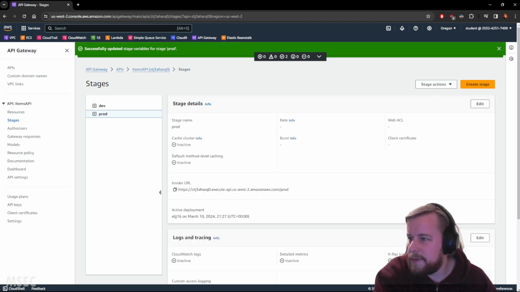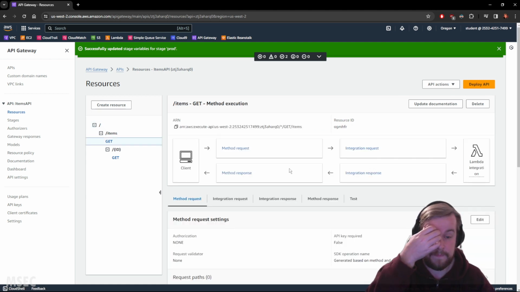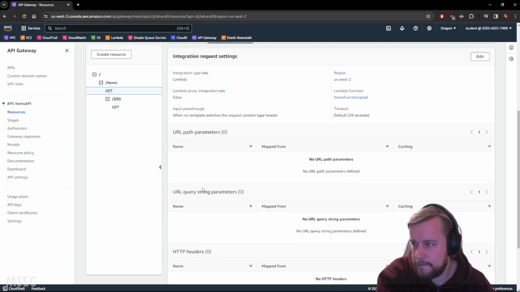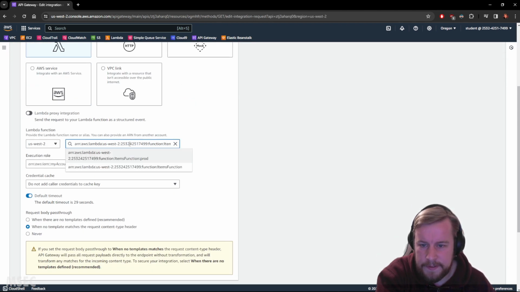We can now update the API gateway resources configuration to use the stage variable for both the items get method and items ID get method. Modify the integration request to item function stage variable Lambda alias. So we go back to resources. Integration request. So the Lambda function needs to be